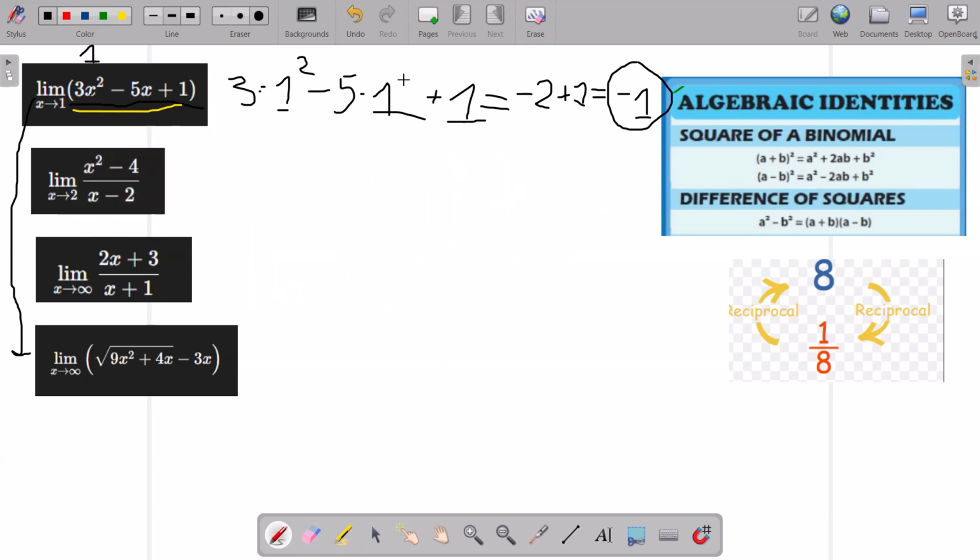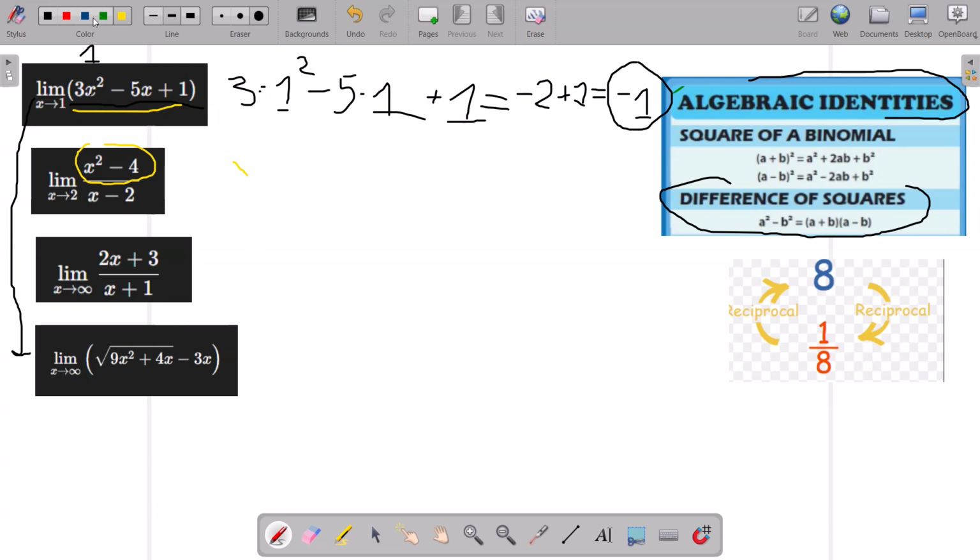denominator here. So what will be very helpful is what you can see here. We have a table of algebraic identities, and we will use the difference of squares, this one here, which tells us that a squared minus b squared equals a plus b times a minus b. So this expression, this is our a and b, so they are already squared, so we can remove the square by multiplying them. So it will be the same as,